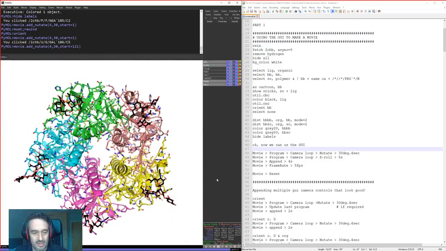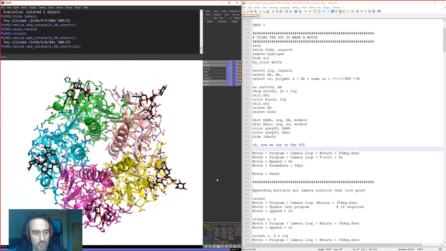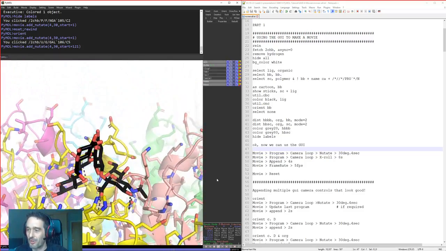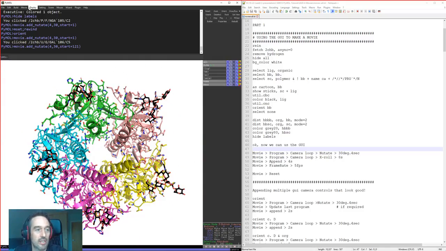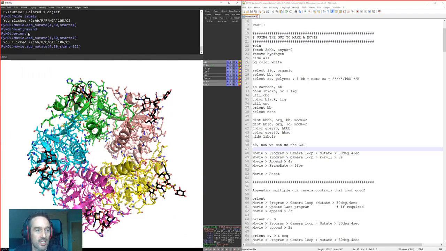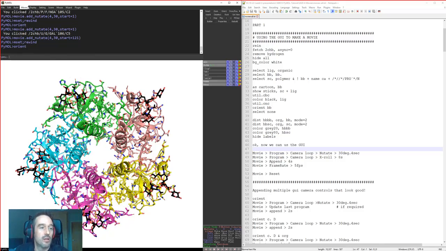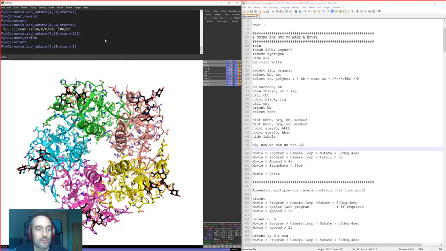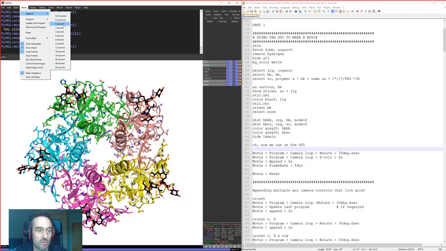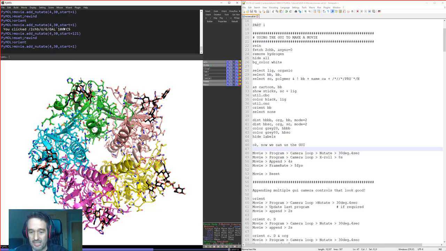Now, that obviously is jumping from one thing straight to the next thing. That doesn't look particularly nice. So this is why we have the append function. So we'll just do a quick reset. We will orient again. We'll say movie, program, camera loop, mutate, 30 degrees. Now, I've added here a function using the GUI. If I now go back into the GUI and I append maybe 2 seconds to that, and then go back to the program,